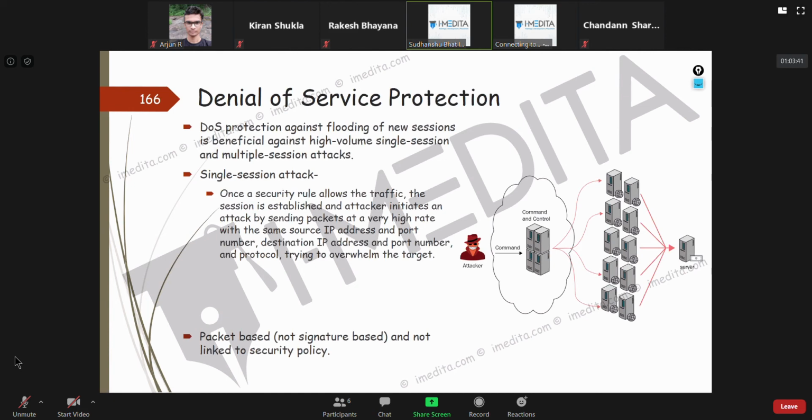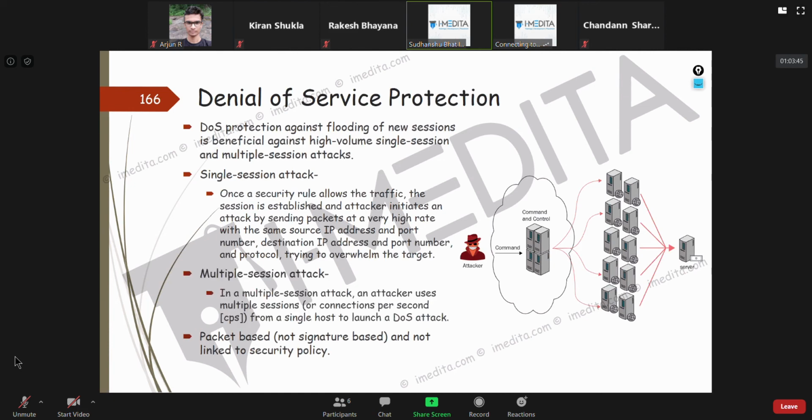Now the multiple session attack means you establish multiple sessions, or multiple connections per second, from a single host to launch a DOS attack. Instead of specifying just the same source IP for all the attacks, there will be different values of this information.